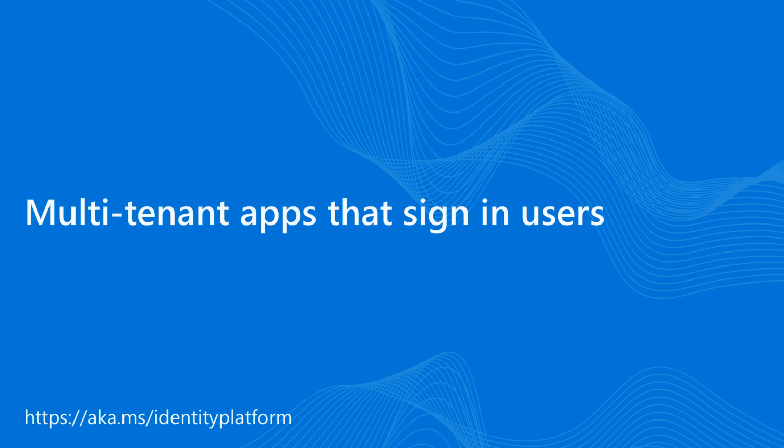So I see a couple of questions. How come some apps shown on the app registration page don't show up in the enterprise app page? They should. I will show you during the app registration demo how you can be sure of that. Sometimes if you delete a service principal, you have to click a button on the app registration to create a new one in that tenant.